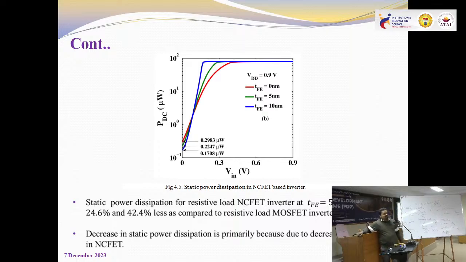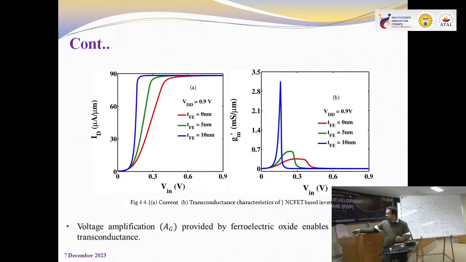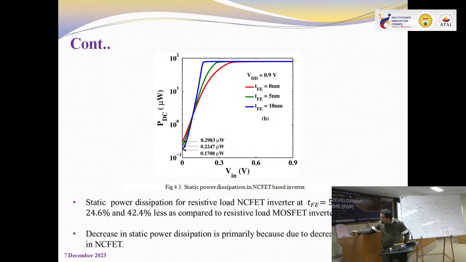So why this static power is going down is, we have studied the ID-VG characteristic in which we saw that the off current of the device at TFE equals 10 is very less. We have seen it here. Yes. So if you see, for TFE equals 10 nanometer, the power dissipation is 0.1708 microwatts. For TFE equals 5 nanometer, it is 0.2247 microwatts. And for TFE equals 0, which is MOSFET, the power dissipation is 0.2